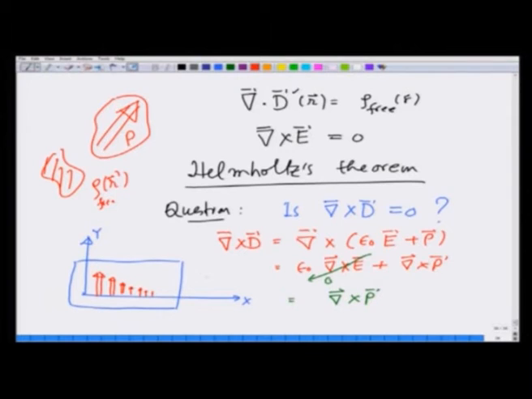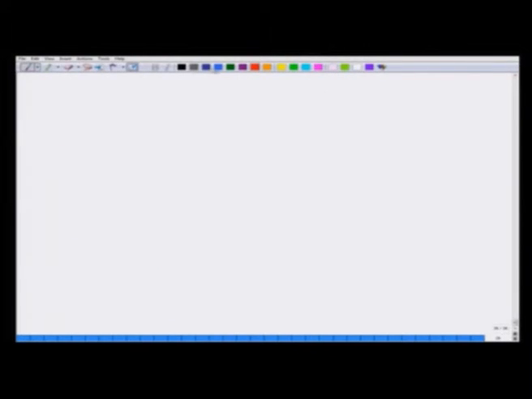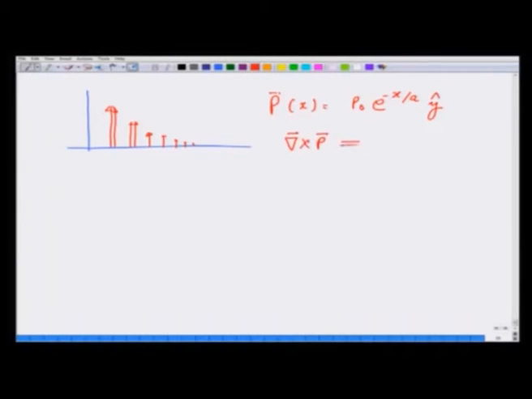So, suppose I have P of x equal to some P naught e raised to minus x by a, times the y unit vector. You will immediately see that curl of P is not 0. The point I am trying to make is curl of P need not be 0, and therefore, in general I